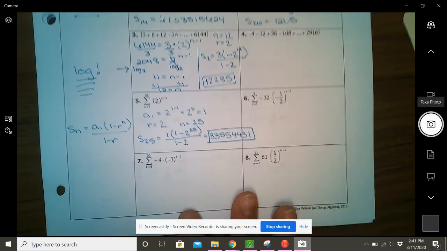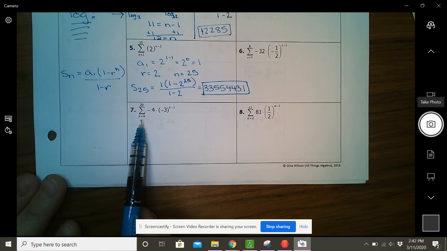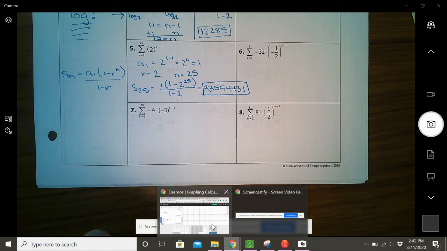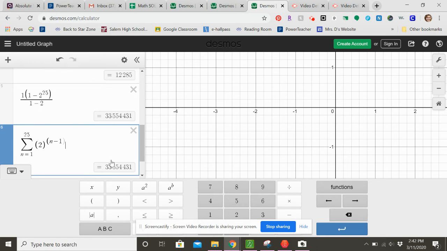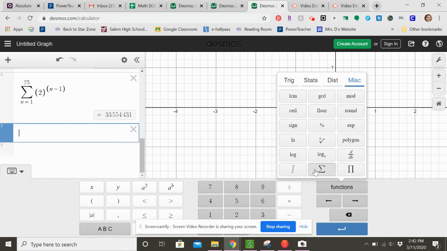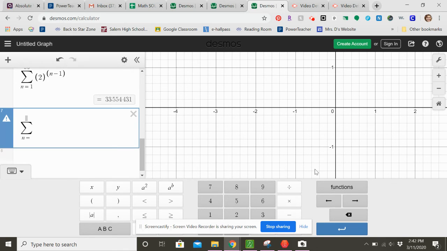All right, so in number 7, check out the values here. K starts at 6 and ends at 20. So when you're plugging in those values, make sure you're being careful. Not everything starts at 1, and that's really when sigma is handy. Sigma function. Our variable this time is K, so you might want to swap that out. Just be consistent all the way across. If you're using K on the bottom of sigma here, you have to use K in the formula and vice versa. I got -4 times